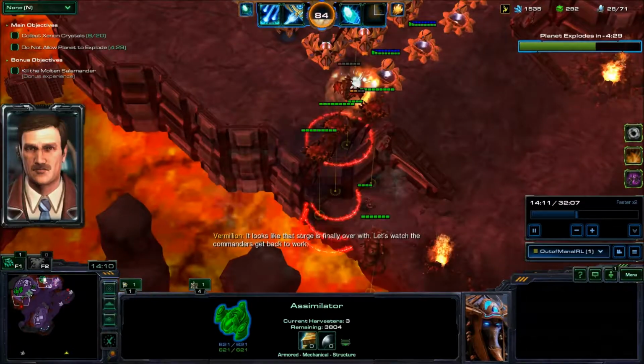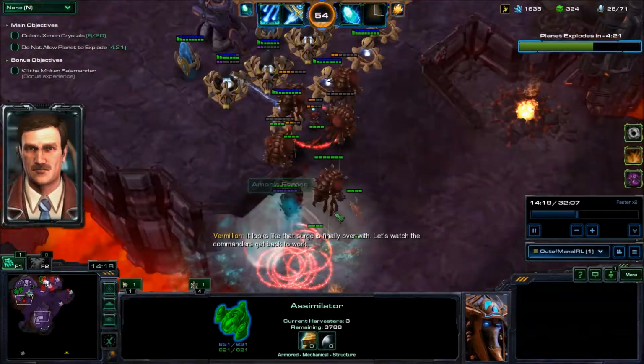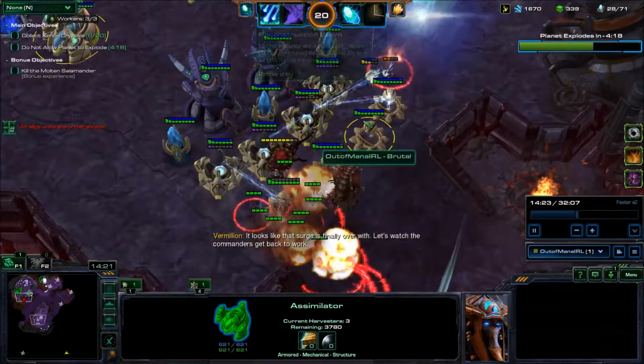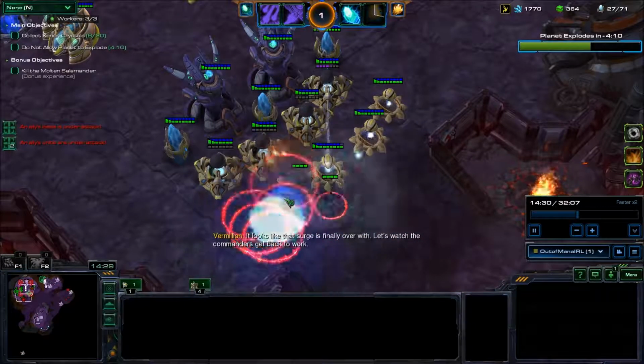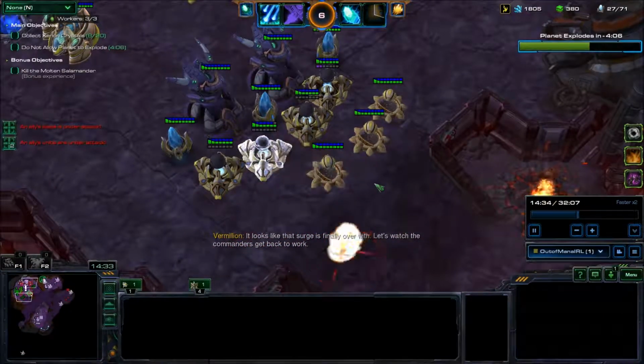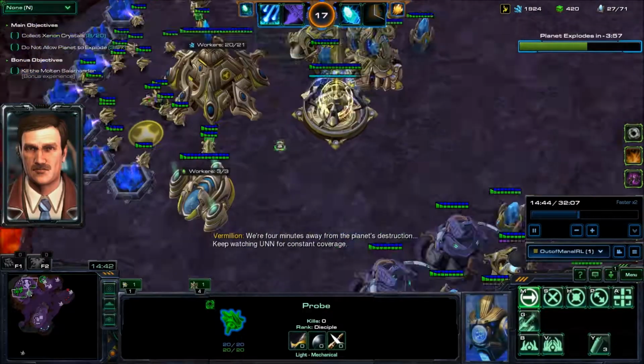I don't need my co-op partner to help me with this. I just take all this lot out. Yeah, I lose one cannon. I lost a cannon. I used a lot of solarite,